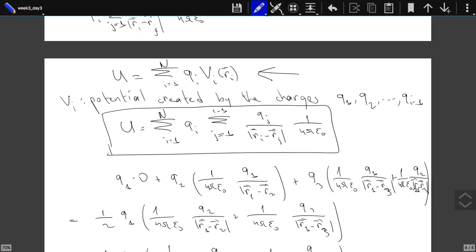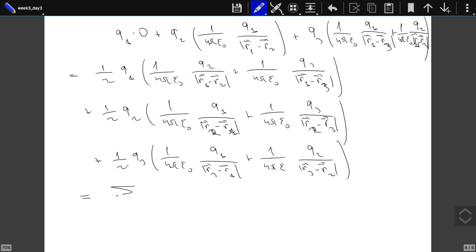So you see, before, when we were making this sum over here, Vi was the potential created by the charges that I had previously brought to my system. But in this expression over here, this is the potential created by all the other charges. Here I'm not really considering bringing them one by one, but nevertheless it is equal to that expression that I obtained when I brought them one by one. This expression is just you multiply the charge with the potential created at the position of the charge due to all the other charges